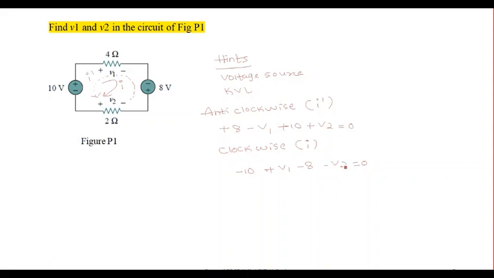If you rearrange these things, here you can see that it is V2 minus V1 equal to how much? It is minus 10 minus 8, or you can say together as minus 18. Similarly here, V2 minus V1, it will be still the same. You can take these things to the RHS side.